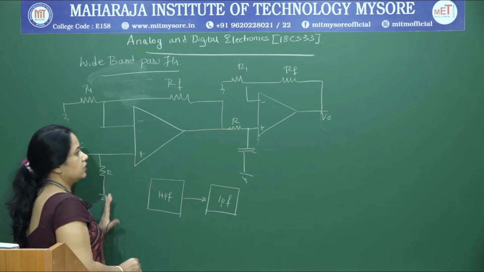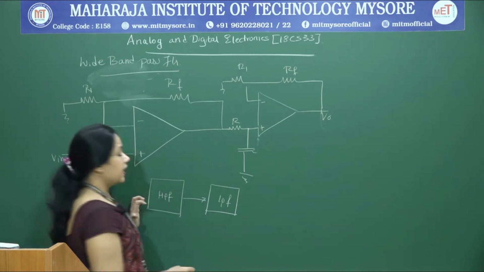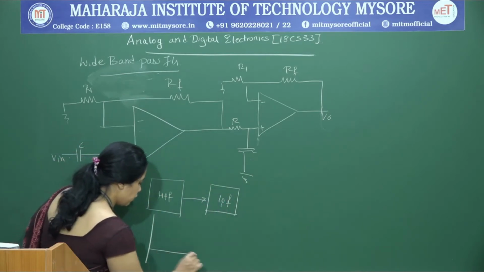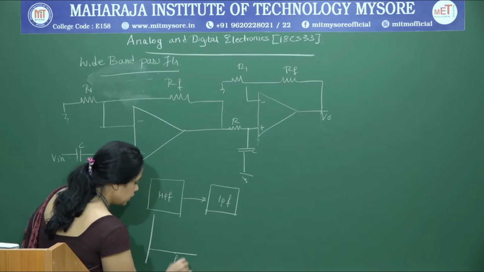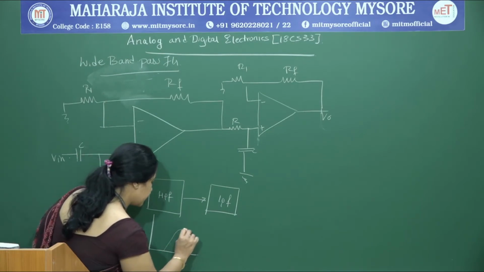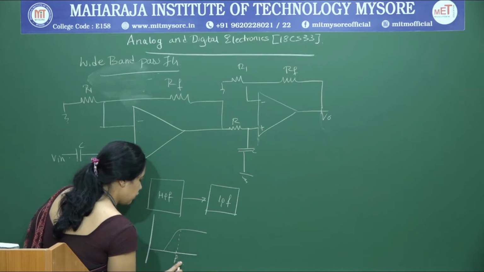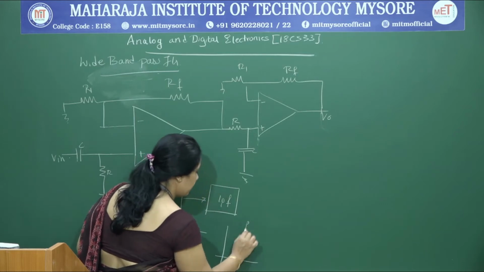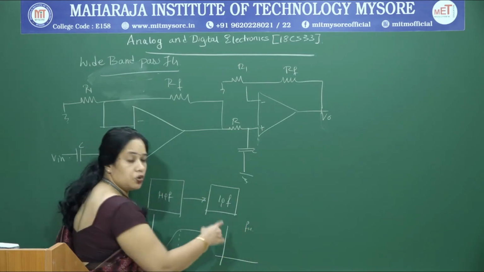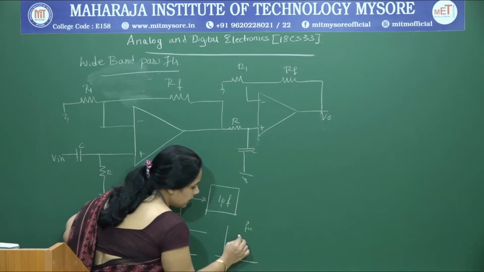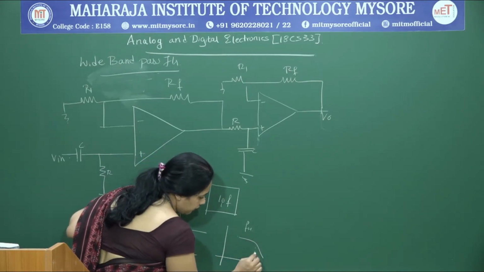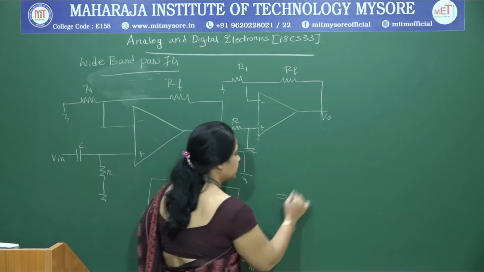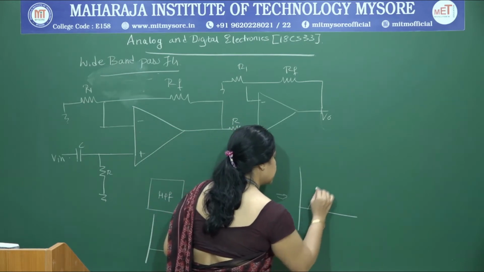So, here the overall idea is, you have designed your high pass filter for the lower cutoff frequency. So, what it does is it passes all frequencies above this cutoff frequency. Next we have the low pass filter which has been designed for the upper cutoff frequency FH. It passes all frequencies below the cutoff frequency FH, and when I bring these together, the resulting frequency response is going to be something like this.